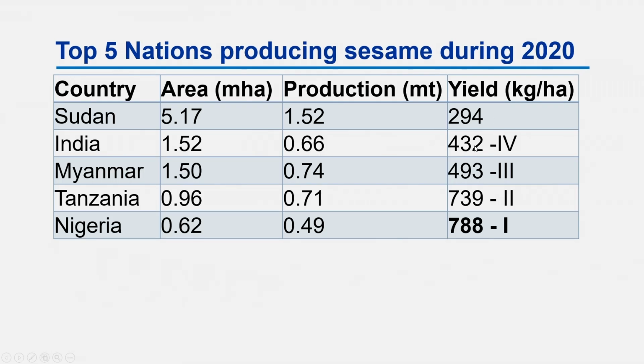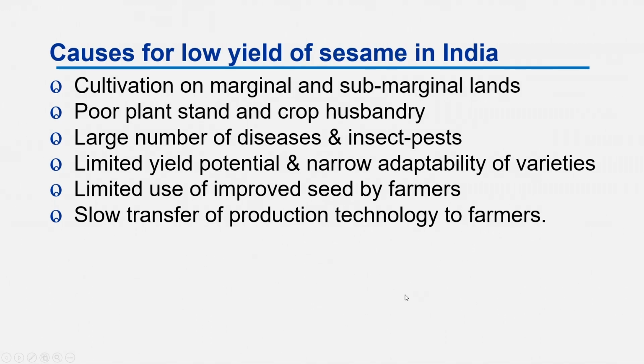In India, it is low, somewhere around 432 kilogram per hectare, which is a matter of concern. So now we need to see what the causes are for low yield of sesame in India. Cultivation of marginal and sub-marginal lands. This is the main reason, because linseed